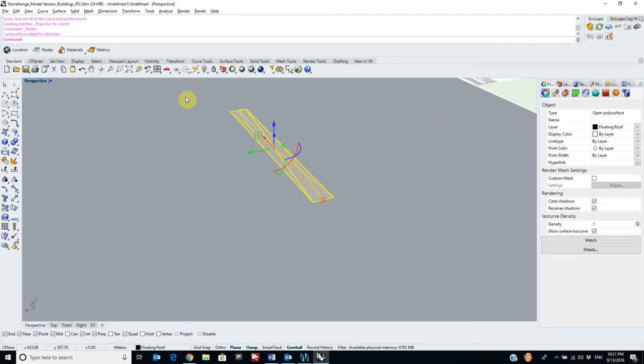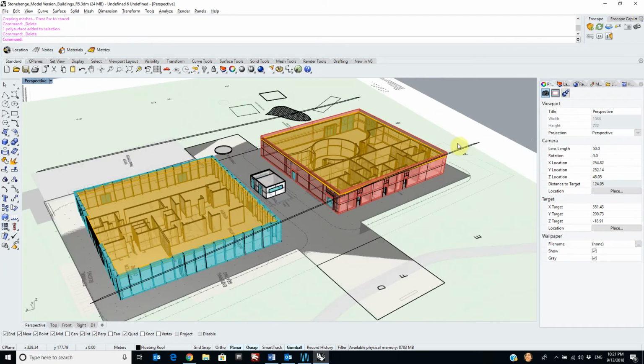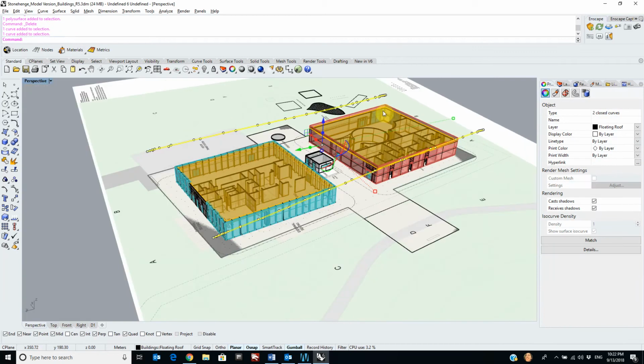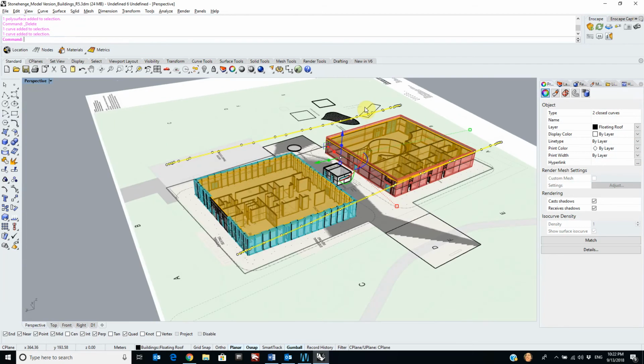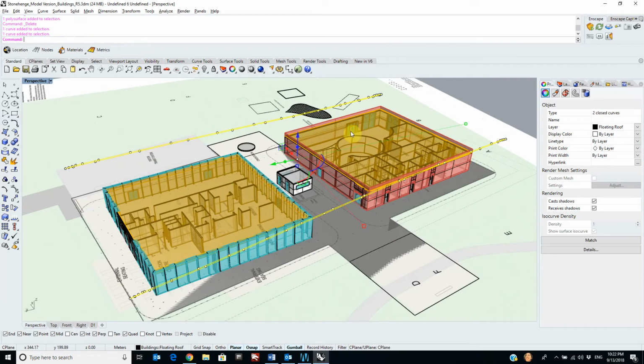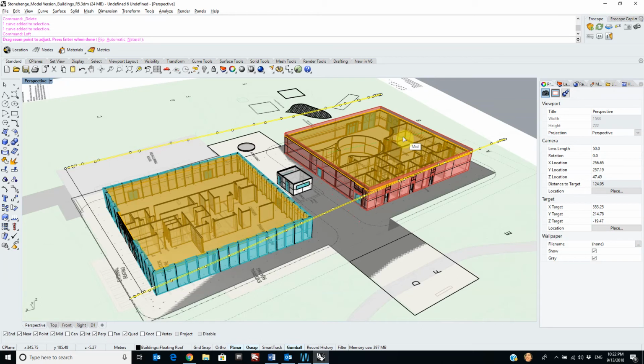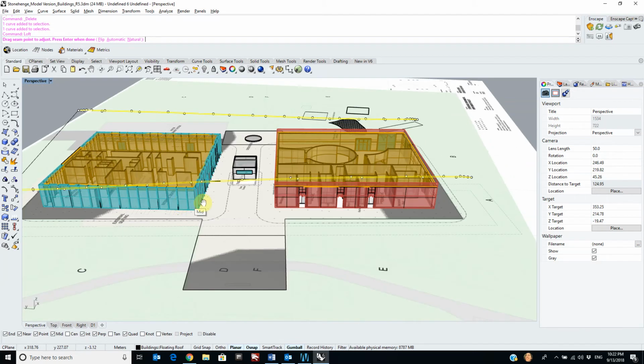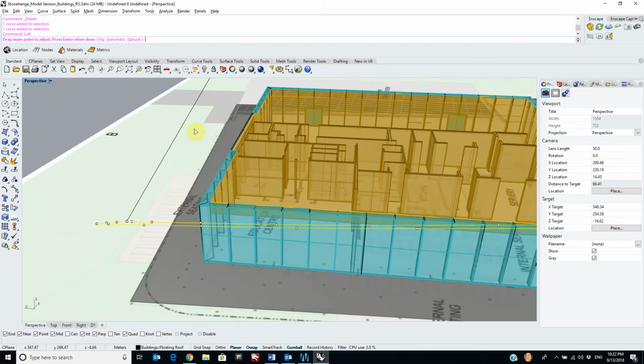So that's the trick to use the loft command. As long as these two lines are not closed, they are closed on their own, but they are not closed together. So if I use loft, selecting both, it will show you this line, which is again the rail kind of line,